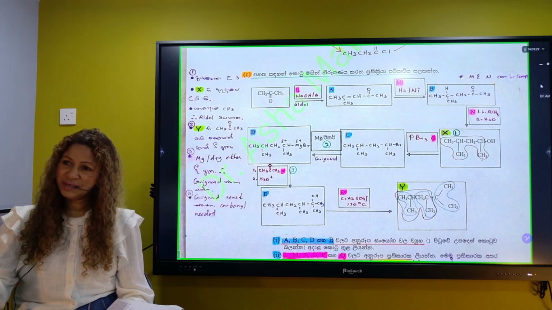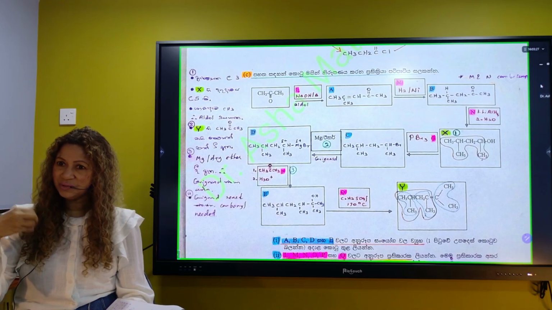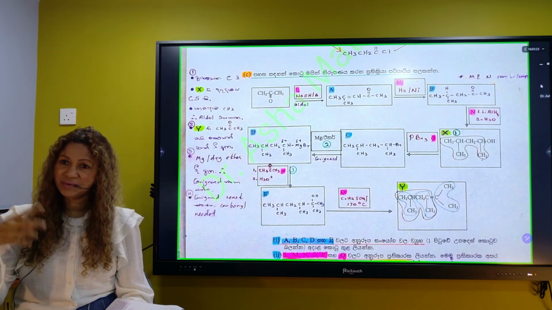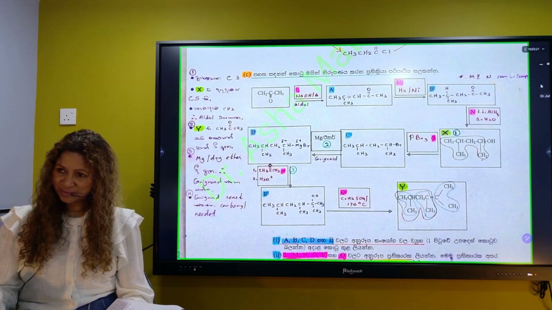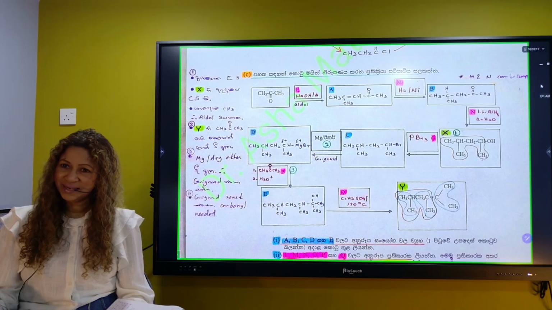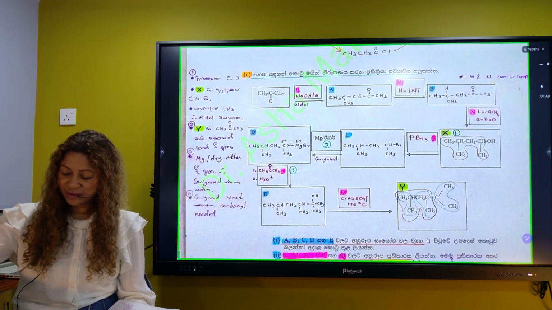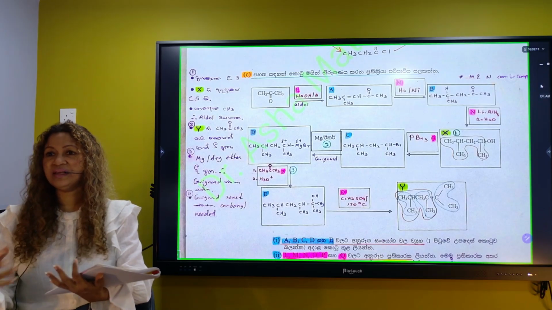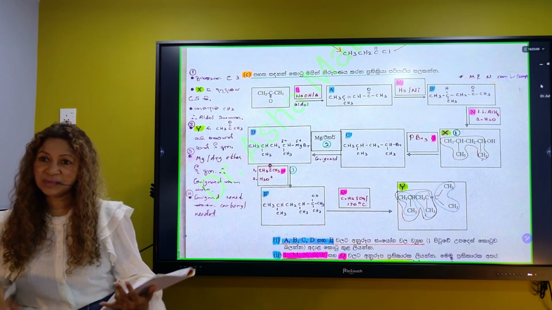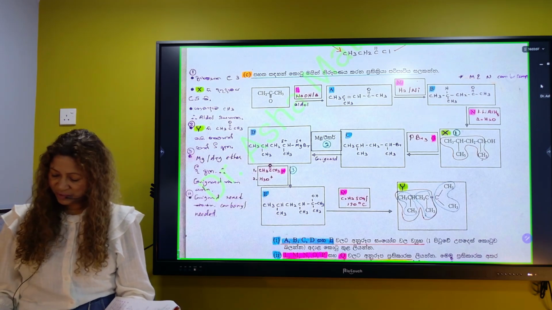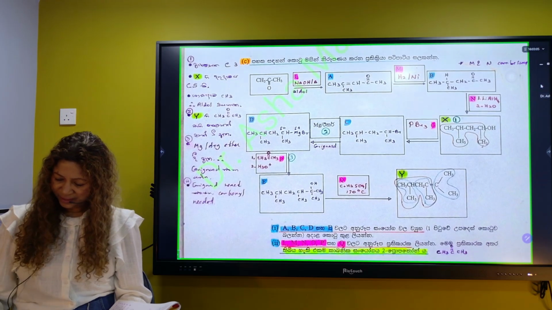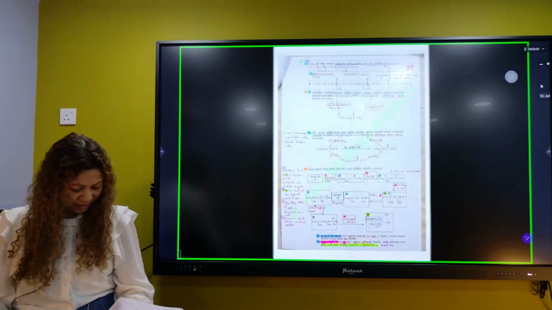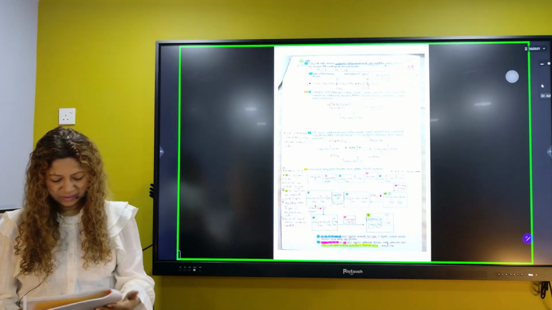You're supposed to feel that you know chemistry. You're supposed to feel you are very comfortable with chemistry. So that is budding chemistry. And you guys are like budding organic chemistry. Because with organic chemistry, you're supposed to feel that whatever question they are giving, whatever way they are tailoring the questions, we can do this. So if you have that feeling, you guys are free from all the frustrations of organic chemistry.